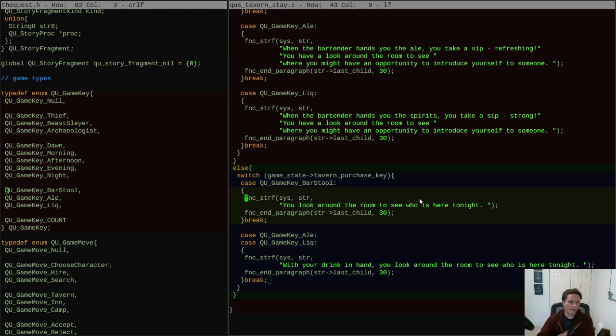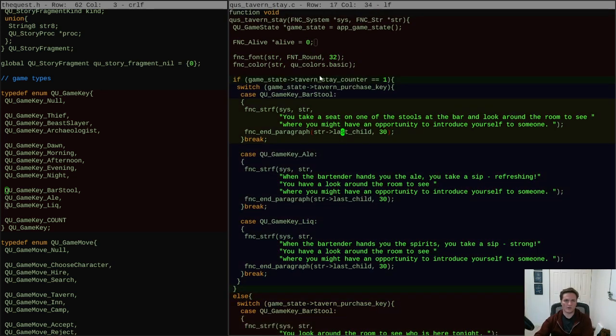And that way I can at least write that piece of the story, and then later that piece of the story will get sectioned off and put into the context where it does occur rather than being hard-coded into this. But I don't want to have to do the whole structure of the tavern stay yet. So